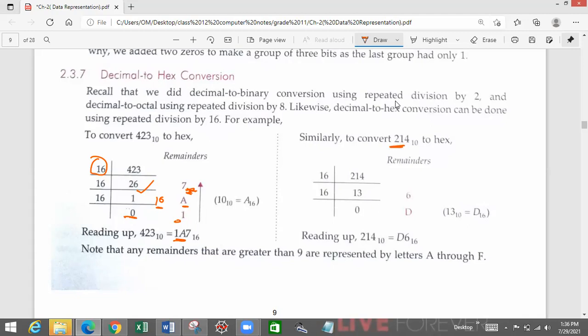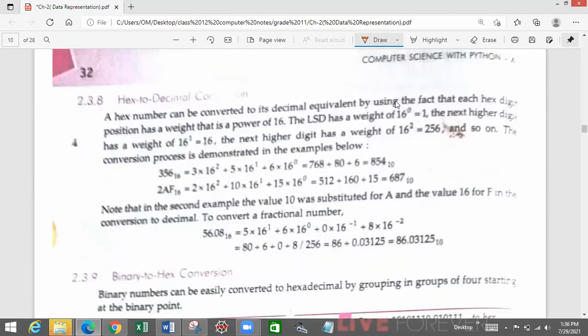If you want to convert this number, divide it by 16, write the remainder here, divide it by 16 again, write the remainder here, and then write the result to base 16. Now if I want to convert hexadecimal to decimal, I will use the same method as in binary and decimal, and keep on multiplying with the powers of 16. We have seen it in yesterday's class. See, the number is 356, position 0, position 1, position 2. So 3 into 16 to the power of 2, 5 into 16 to the power of 1, 6 into 16 to the power of 0. Solve it, the number is 854.